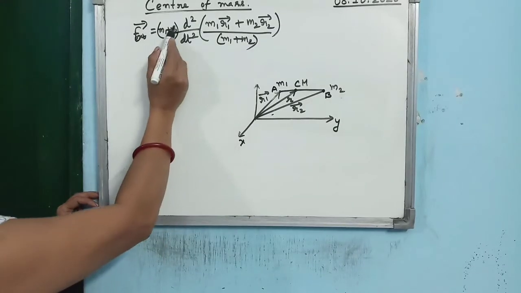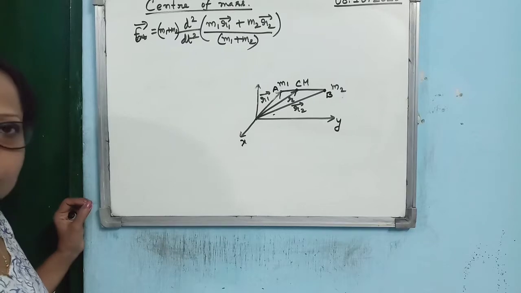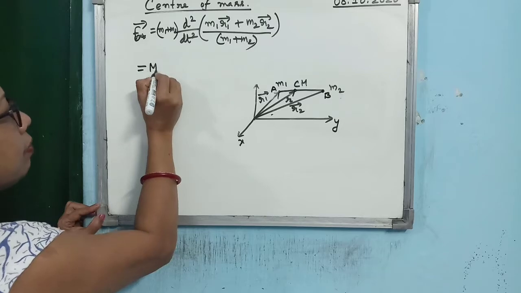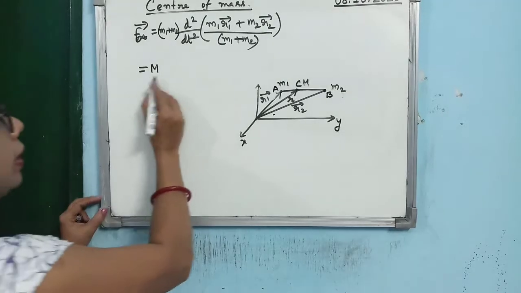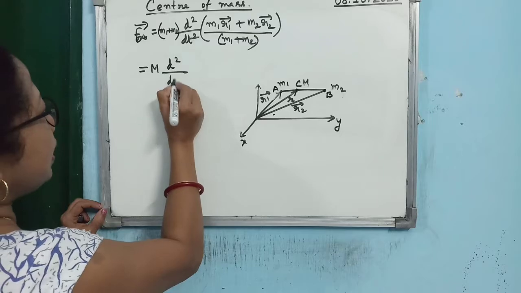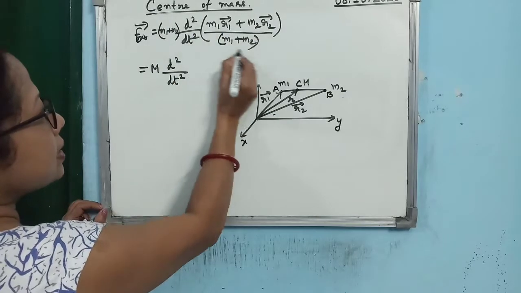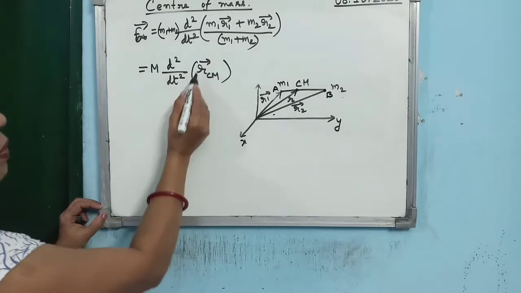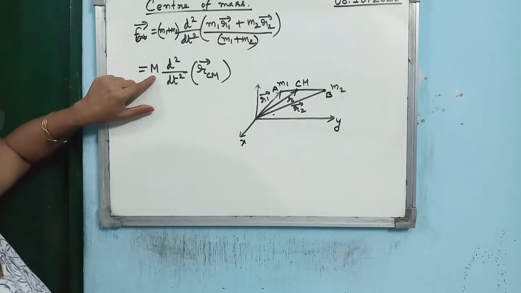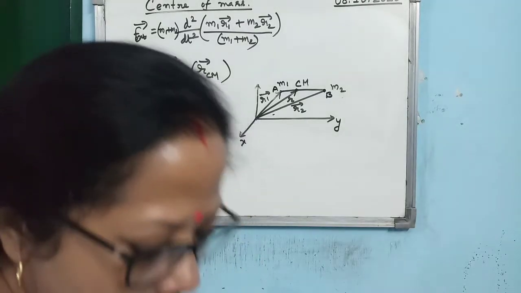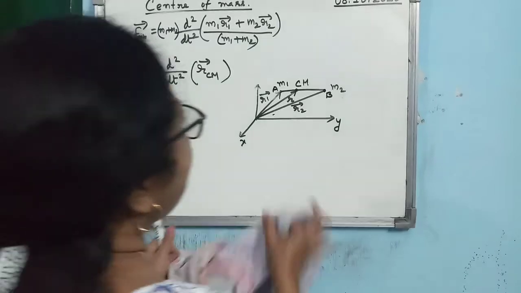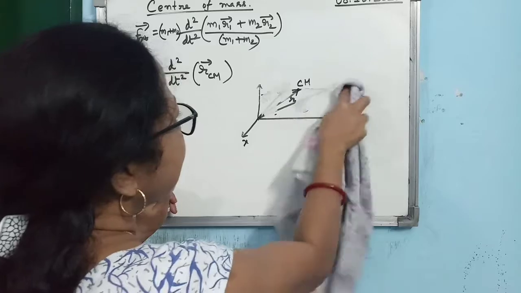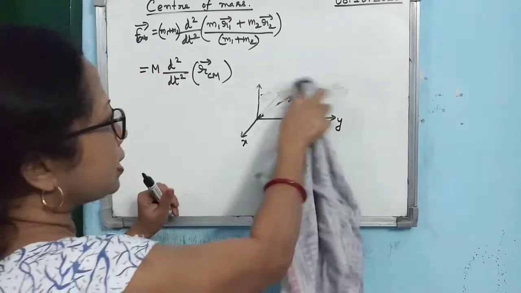So you see these two are cancelling, so you are getting back the same thing. Now if I do this, then M1 plus M2 is nothing but the total mass of the system, so you can write it as M, and then it is d2 by dt square. If I consider this entire thing as RCM, RCM is the point where the total mass is being concentrated. Means now we are considering as if M1, M2 are not there and the entire mass is being concentrated. Just understand it.